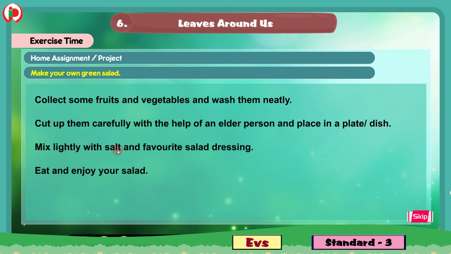Mix lightly with salt and favorite salad dressing. You can mix these cut pieces with salt and your favorite salad dressing powders. You can add some mayonnaise or cheese, which are called favorite salad dressings. You can add salt and the favorite salad dressings.